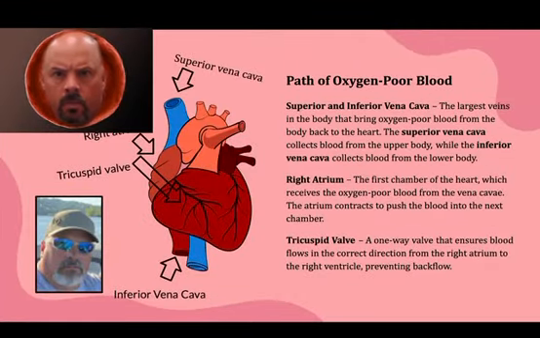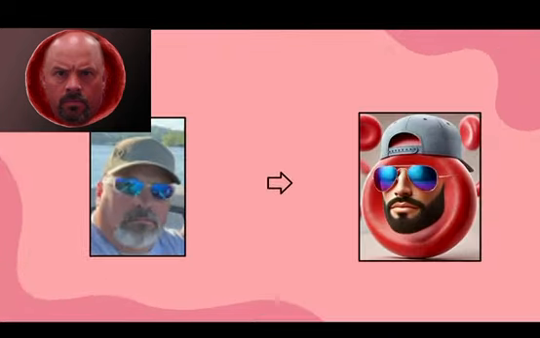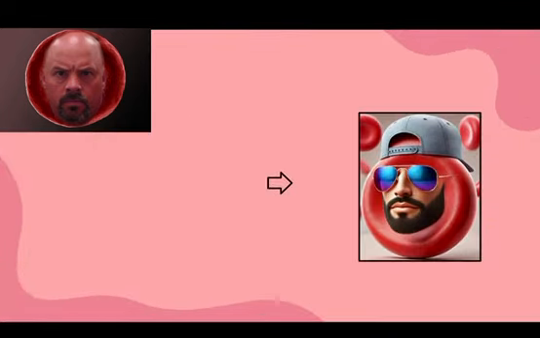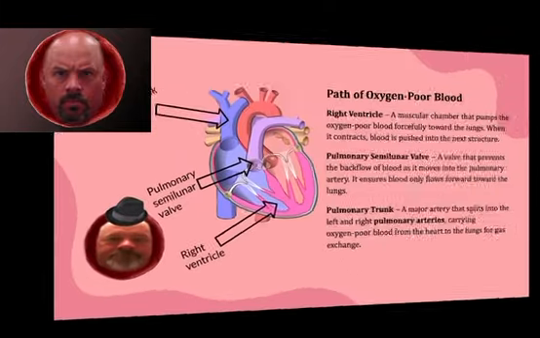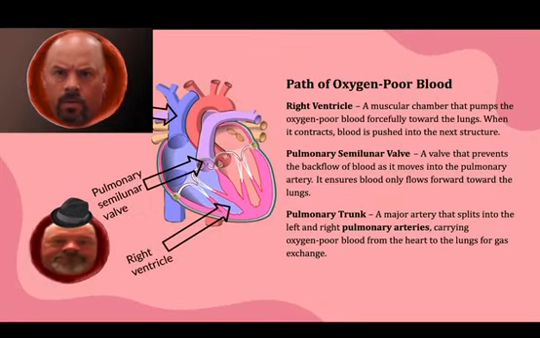An oxygen poor blood cell first starts at the inferior vena cava, then enters the right atrium. The right atrium contracts, pushing the blood through the tricuspid valve into the right ventricle. The right ventricle contracts, pumping the blood through the pulmonary valve to the pulmonary artery, a trip